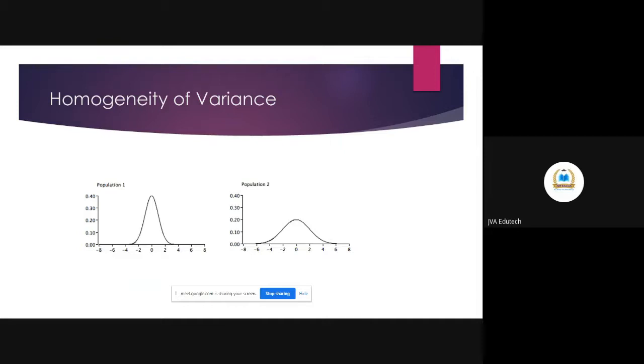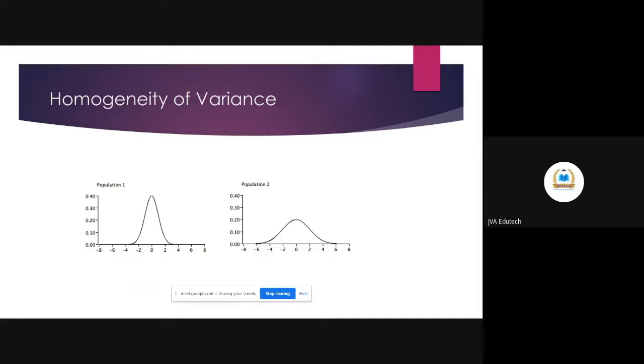In population 1, the level of variance is not much as compared to population 2, though it is steep. It is ranging somewhere from -3 to +3, whereas here it is ranging from -6 to +6. Meaning variances are not equal. So let's say I am trying to know the effect of my class on the understanding of the students, where students are divided into male and female.